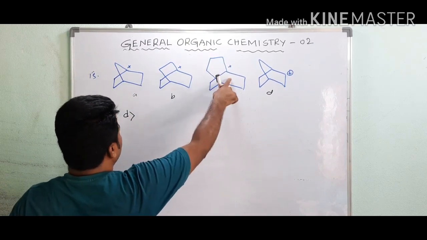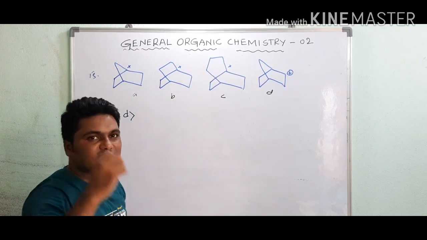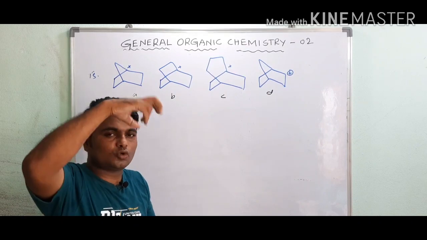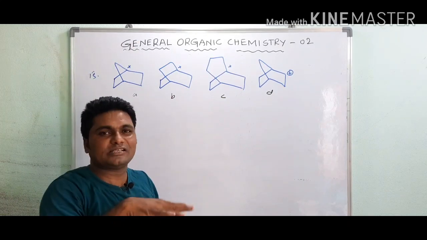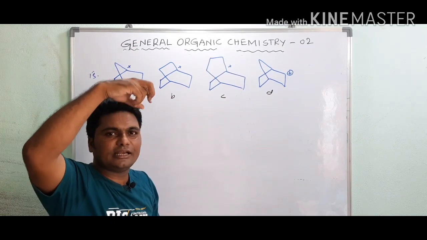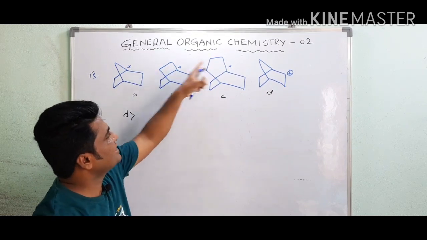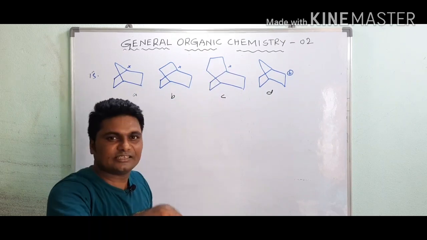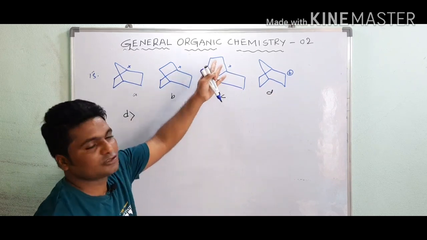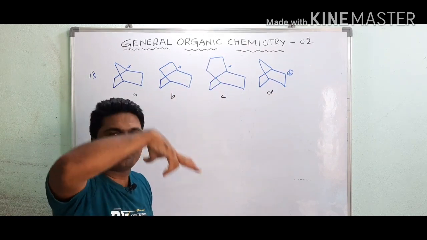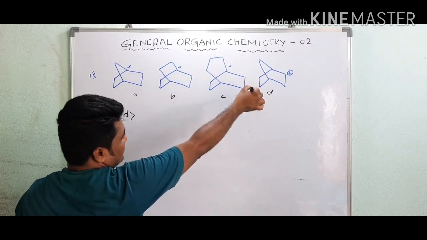Now all are bridgehead carbon atoms. From A to C, the ring size increases. See, when ring size increases, there is a possibility to come into the plane. When the ring is very big, it comes into the plane because repulsions are less. When the ring is very small, it is difficult to come into the plane. So in Bredt's rule, with increasing ring size, the stability increases. All are unstable, but the relative stability increases when the ring size increases. Why? The possibility to come into the plane increases, and also you can consider that with increasing ring size the plus I effect increases. Okay.